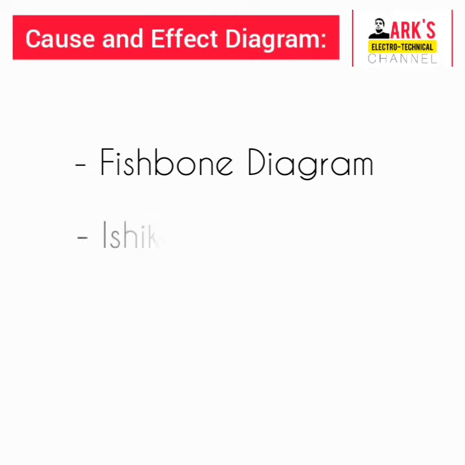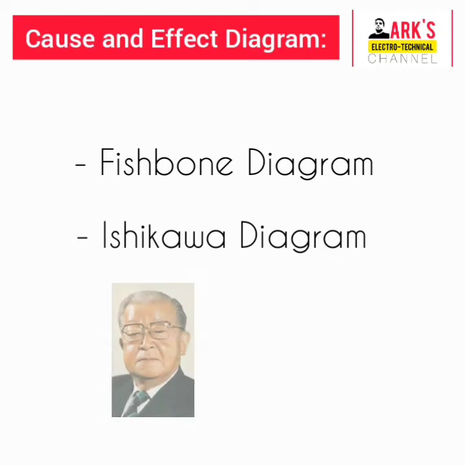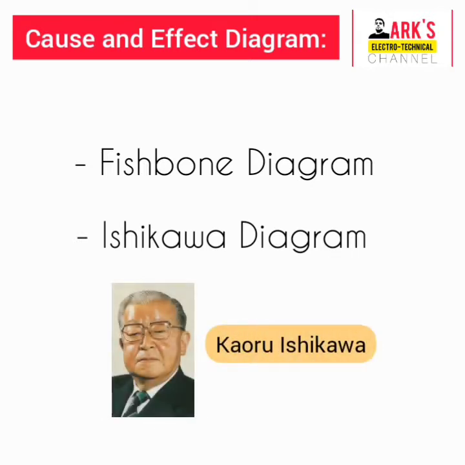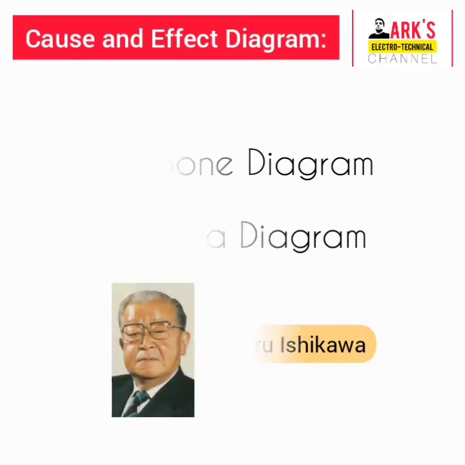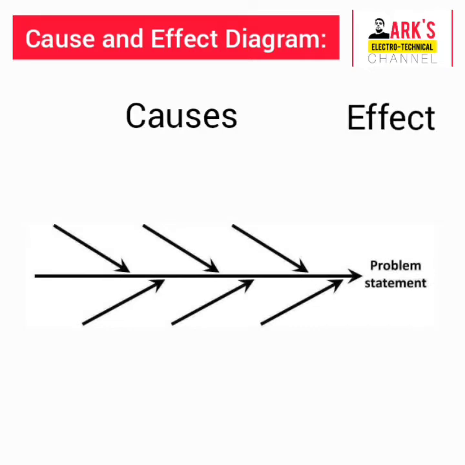It is also known as Ishikawa diagram because of the name of the innovator. Kaoru Ishikawa was a leading Japanese contributor to quality management and is known for his quality management innovations. This tool provides the means for reaching causes of problems and thereby solving them. It provides a systematic approach for brainstorming the possible causes of a problem and documenting them in a particular way.